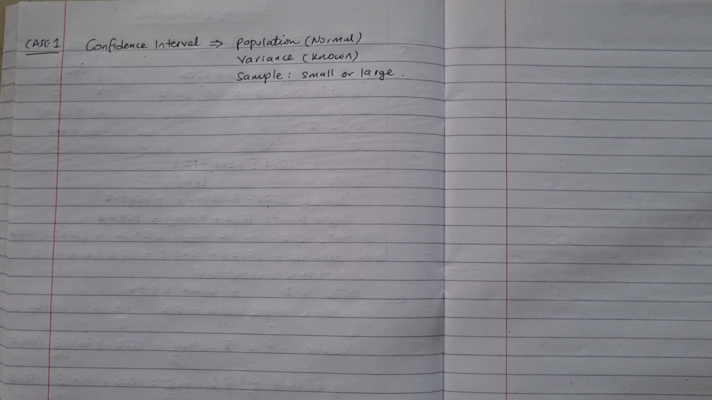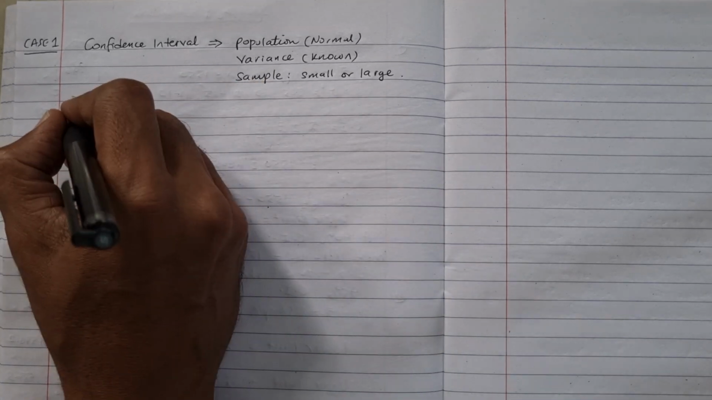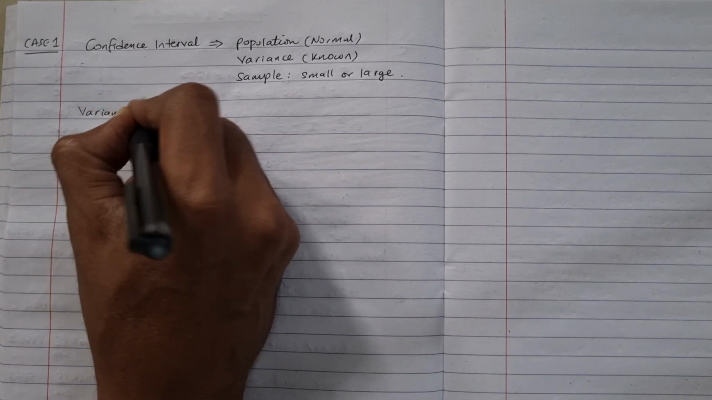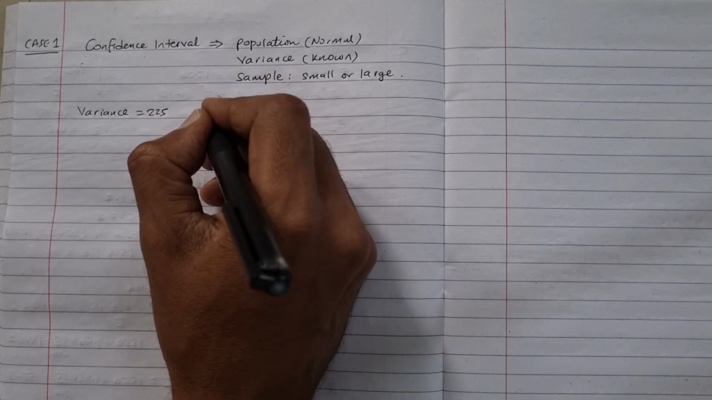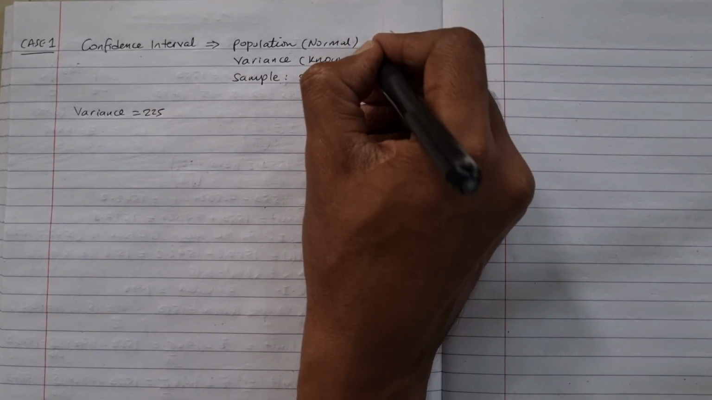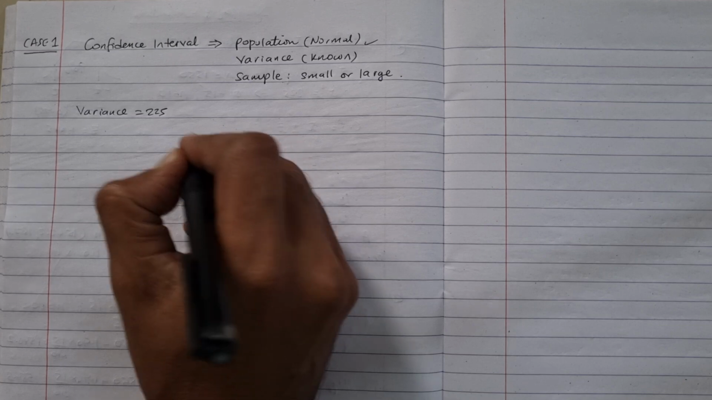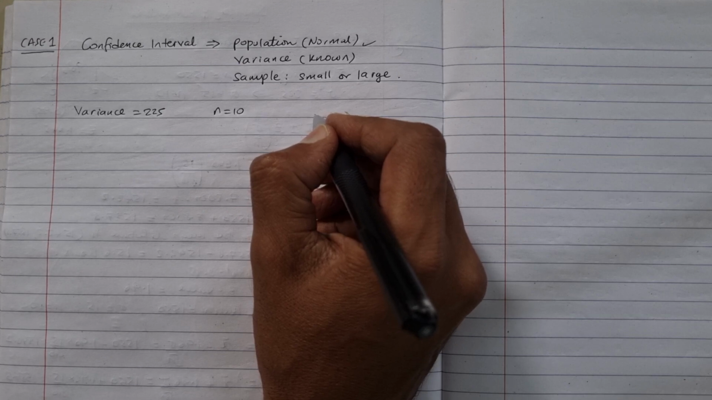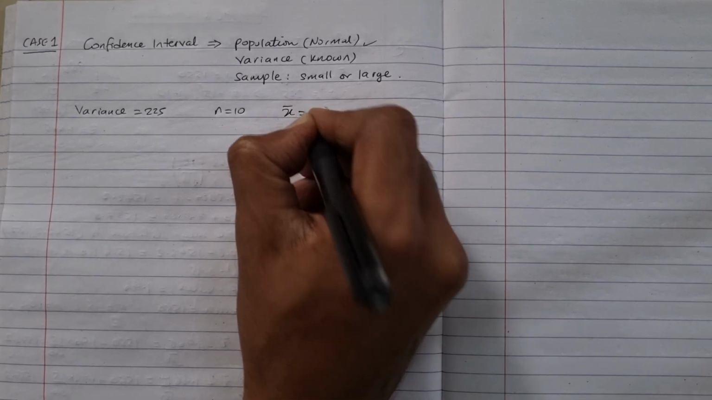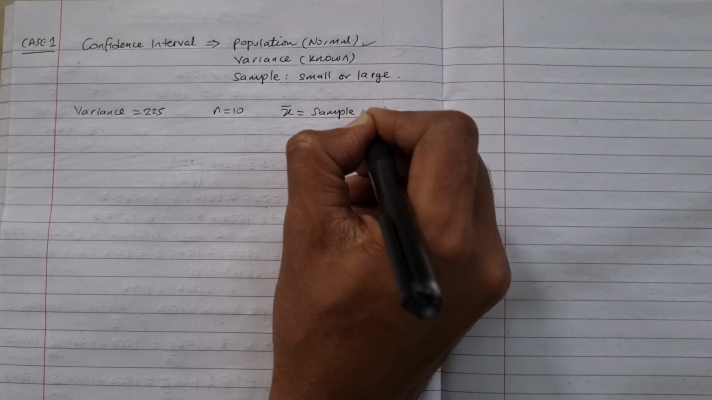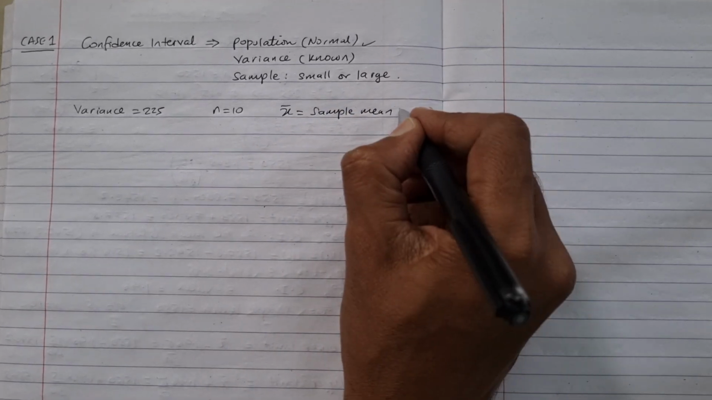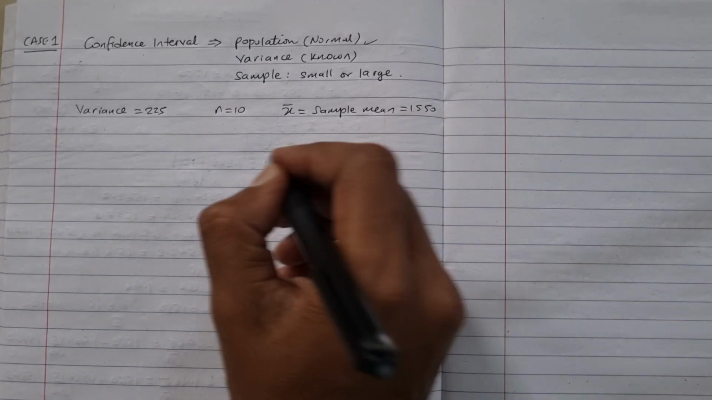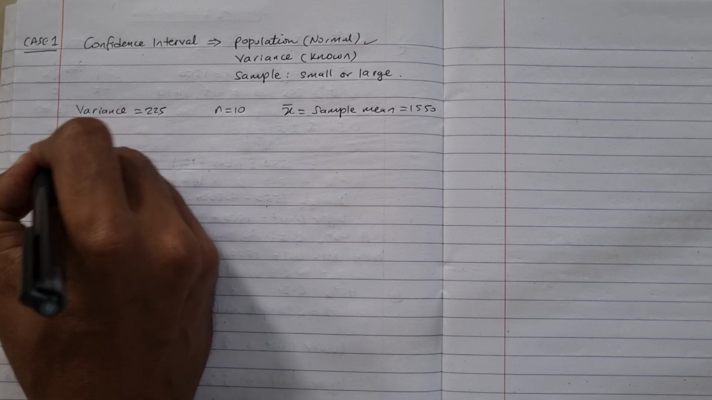Okay, for this particular question, we are told that it's a normal distribution and the variance is 225 hours. Now, the random sample is n equal to 10. 10 batteries are chosen. The sample mean, that is x bar, has been given as 1550 hours. So if we want to find a 90% confidence interval,